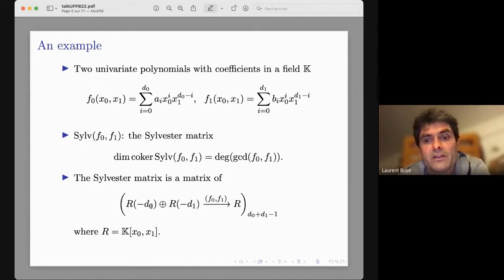Then you consider this first map of the Koszul complex, which is just the multiplication by f0, f1. So this is graded. Here you have a shift by the degree of f0, and here you have a shift by the degree of f1. So you have this map. This map is graded, and so you can take a graded slice with respect to x0, x1. So you take it in degree d0 plus d1 minus 1, and then you get the Sylvester matrix, which is